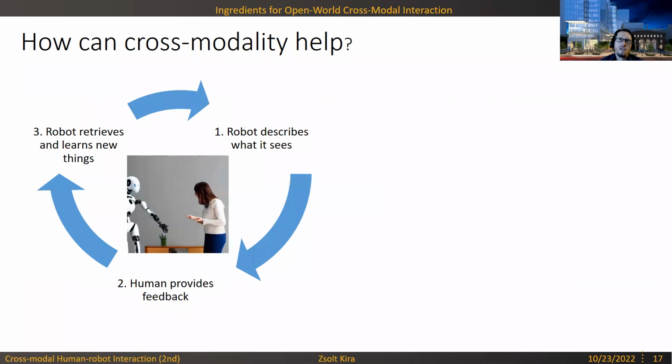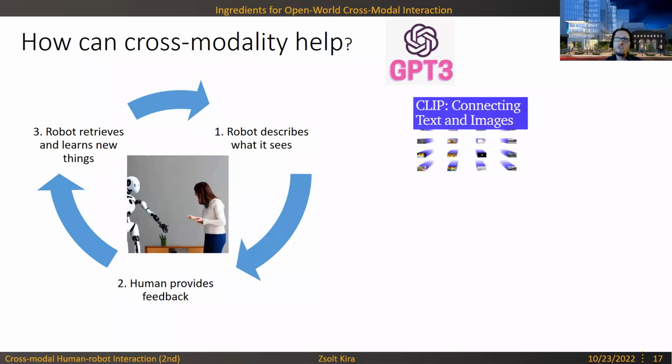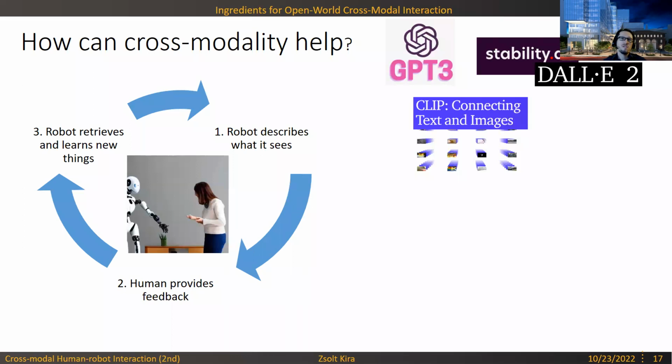And so again, I'd like to think about this loop where a robot can describe what it's seeing, that is, its interpretation of the scene, and this can be through methods such as image captioning. The human can react to that, and then the robot can retrieve information and react to the feedback to learn about new things. And so you can think again about how to leverage cross-modal models. This can include language-only models, large language models such as GPT, cross-modal models such as CLIP, which align language and visual embeddings, as well as interesting new